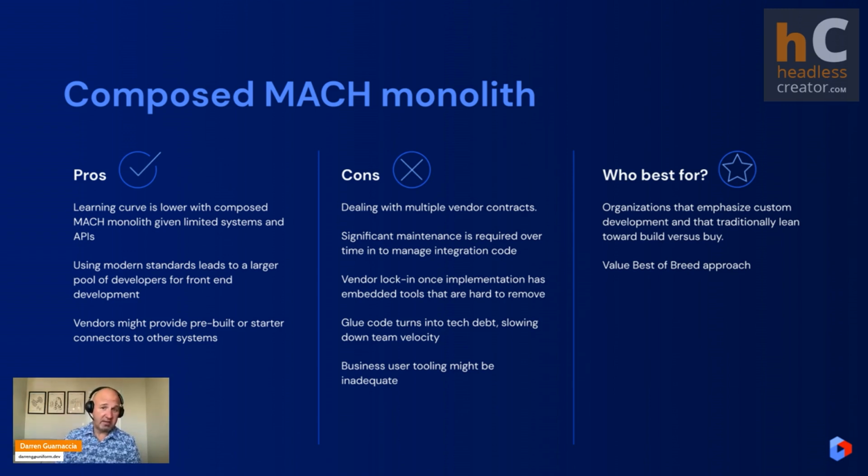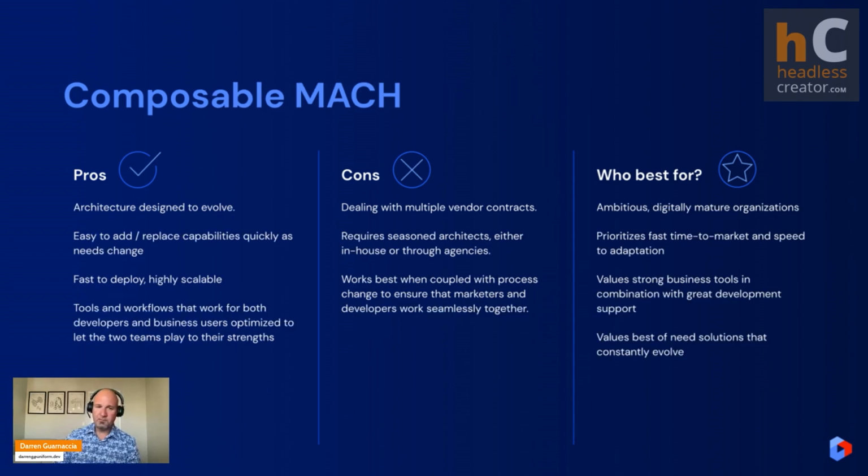And that's very appealing to certain brands, and certain organizations lean that way. Now the last one is Composable MACH. Composable MACH is one of those architectures that's designed to evolve. It assumes that you are going to have to iterate often, and you're going to have to try things and replace things. The central premise behind Composable MACH is that there's so much innovation going on in this world that